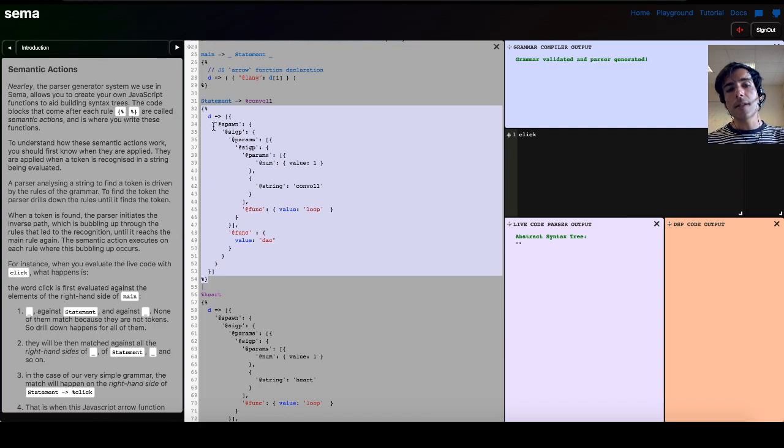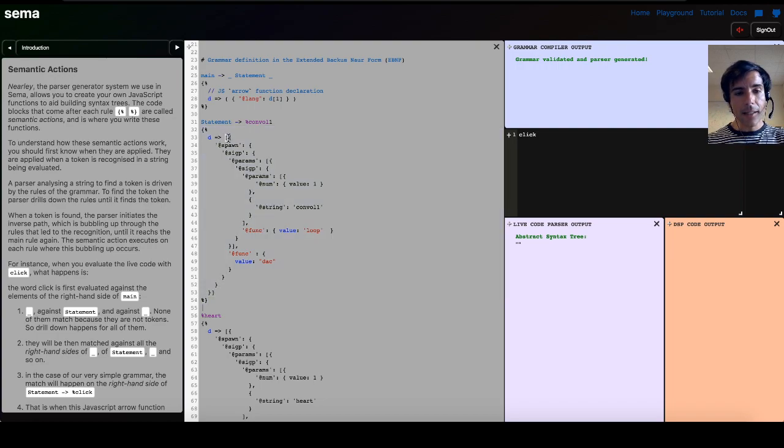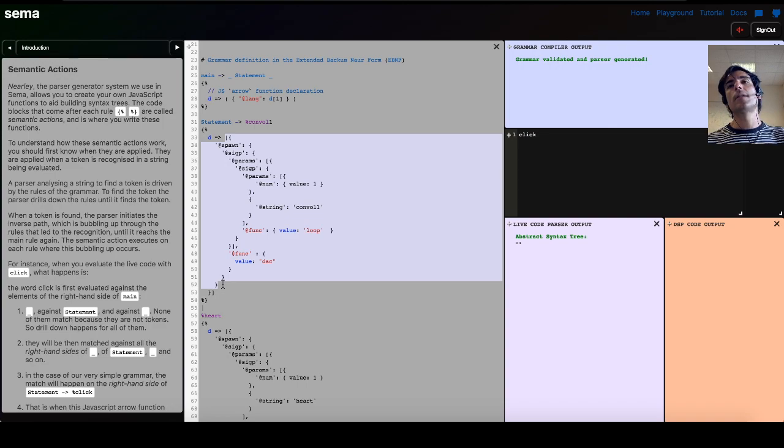For instance, in this semantic action, we have an arrow function in JavaScript which basically returns a list with one object that has this nested structure in JSON. And this is the intermediate language that we've created in SEMA